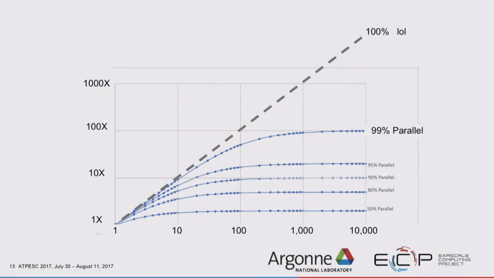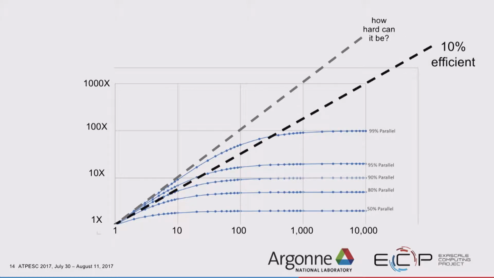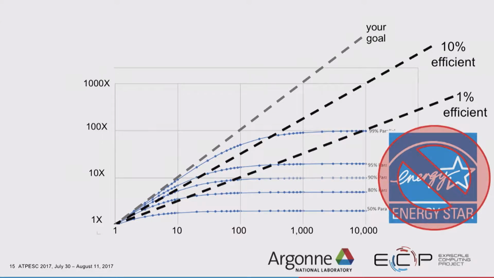If you haven't, and you start drawing them out, you realize it's not worth a lot. In any of these diagrams I've drawn, it's not worth a lot to get more than, good luck with 100%, but it's not worth getting just 99% parallelism. In fact, if we're only 10% efficient, you see most of these curves are below 10% efficiency. In fact, if you want to make sure you don't get an Energy Star certification, 1% efficiency, you can see that the majority of lines here, until I get to 99% parallelism, don't even give me a 1% efficiency in the machine.